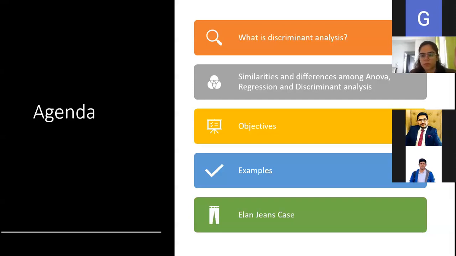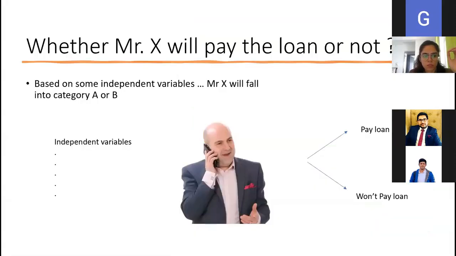Okay. So let's see this example. There is this person, Mr. X, and we have to tell whether this person can pay the loan or not. Both logistic regression and discriminant analysis are very widely used in banking and finance, and also in marketing: whether a person will buy or not, whether a person will pay a loan or not. So how does this algorithm work? Do you think there are certain variables which can tell us whether a person will pay a loan or not?